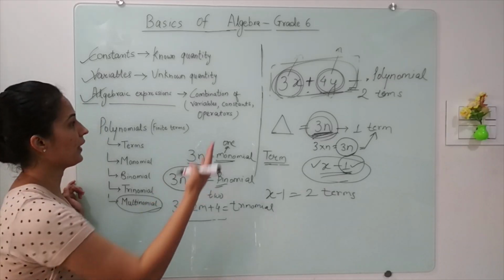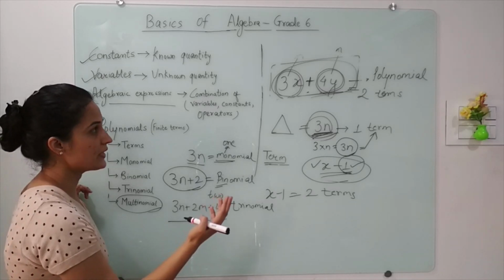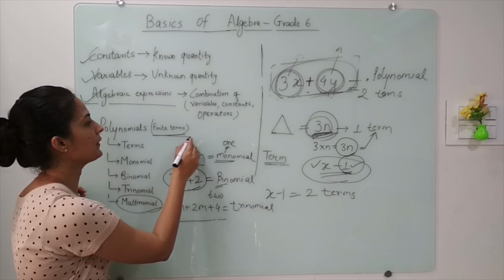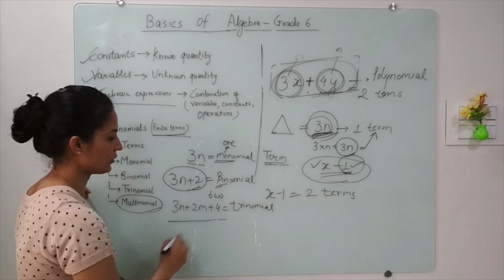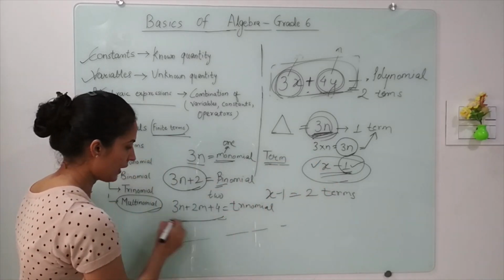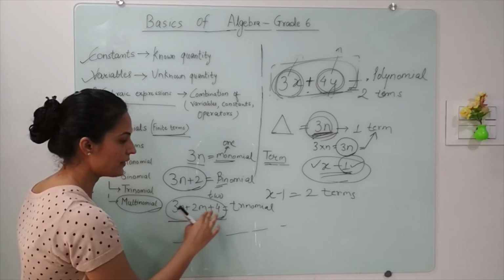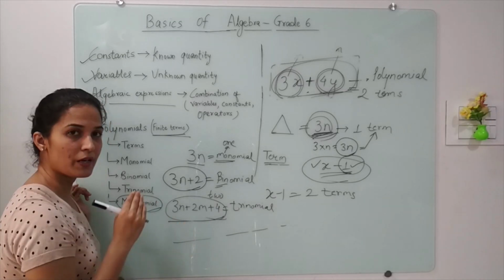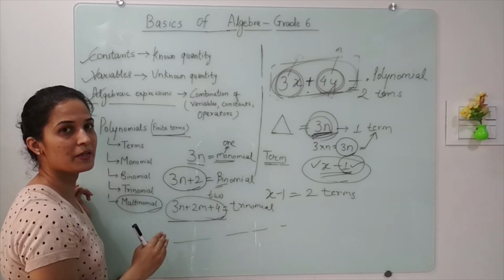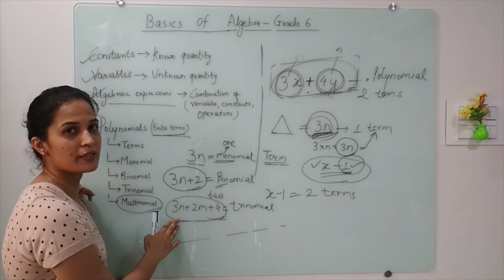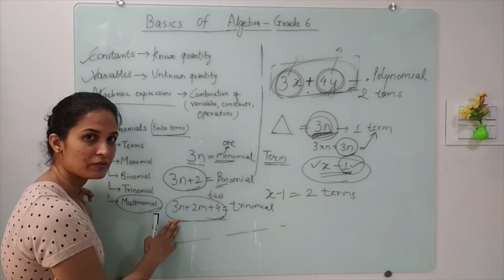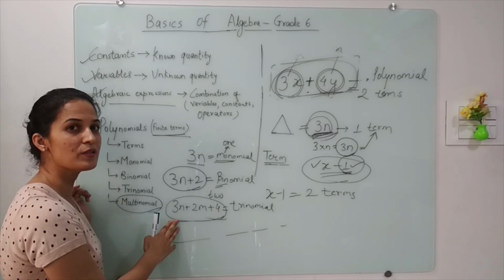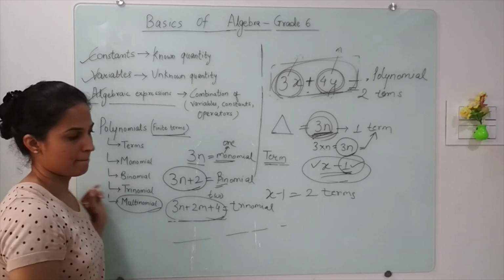Now, if we have to define what a polynomial is, then we can simply say that it is an algebraic expression with finite terms. That means it is not endless. It is not going on and on. Here I have three terms. Finite number of terms, defined number of terms. So if I have a finite number of terms in any algebraic expression, then that expression is called a polynomial. I hope this is clear. In case of any questions, please put your questions in the comment box.